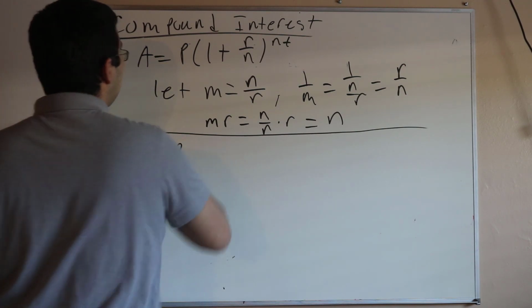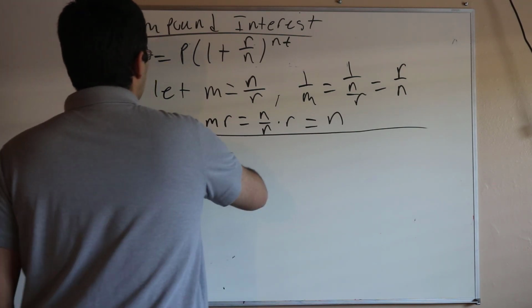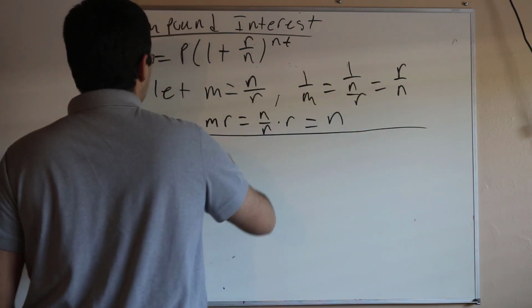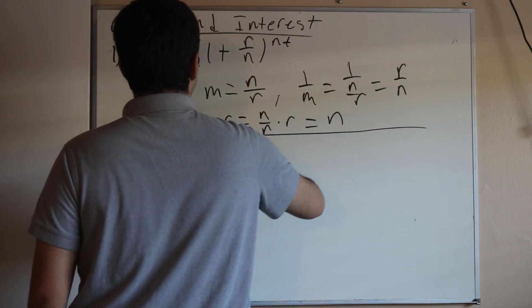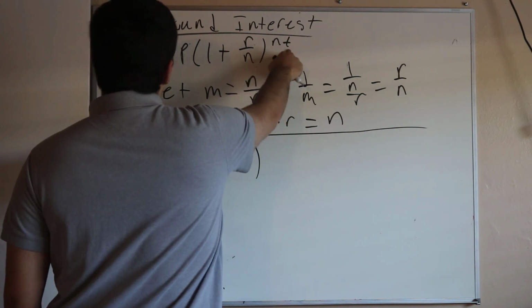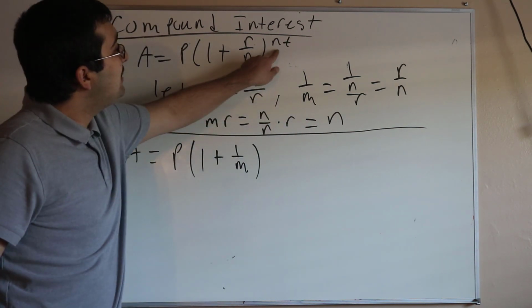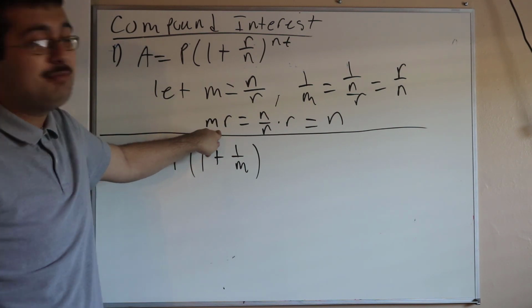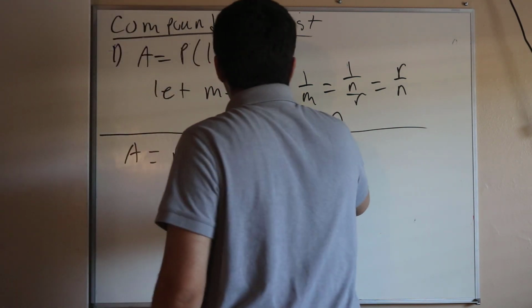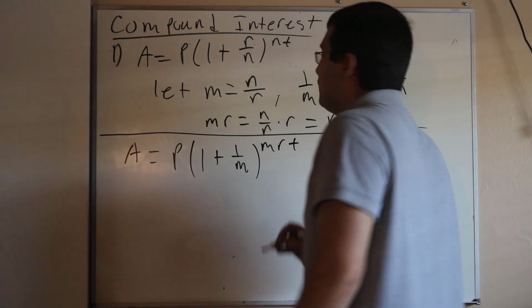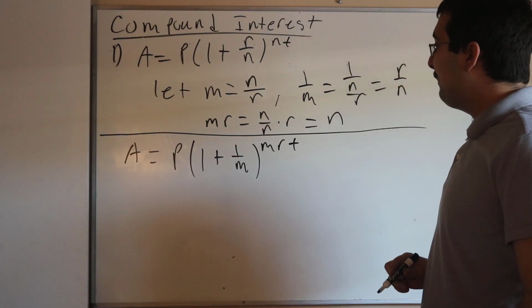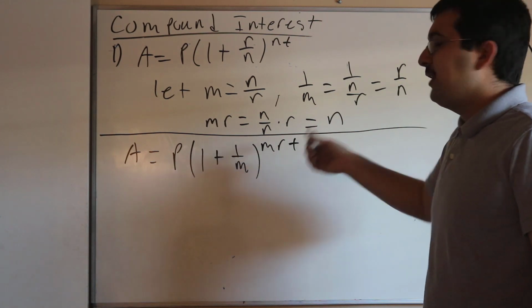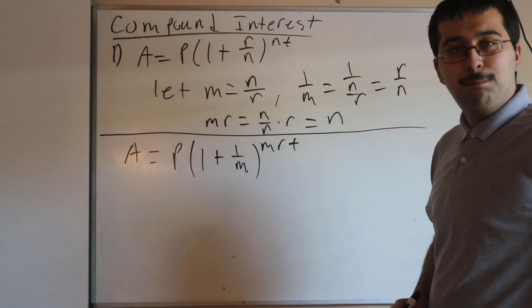A equals P times (1 plus 1 over m) to the power of NT, and remember R over N is the same as 1 over m, but NT can be the same as m times r. So we're going to have m times r to the power of T. Alright? So basically all we've done so far is taken that original equation and substituted in this variable m through